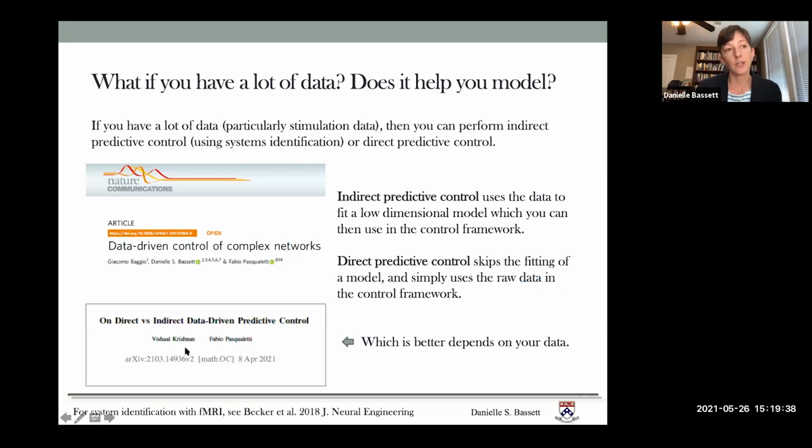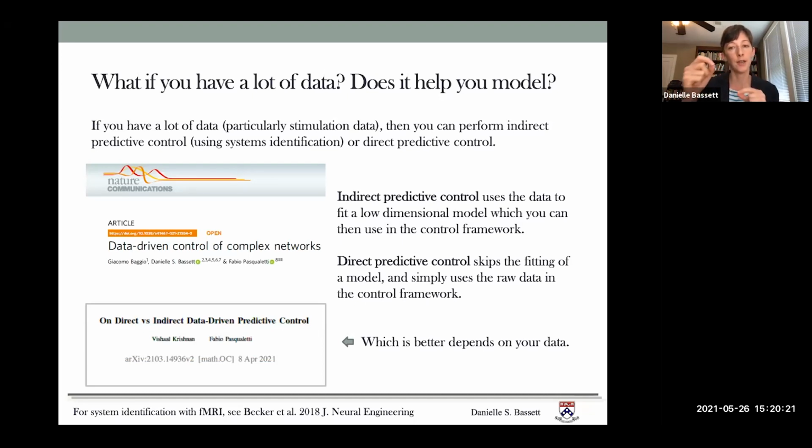Okay, so then the next question is, as you're facing these three different models, which I've just written down as if you could just write them down and do something with them. Another idea is that you could take data that you have and use that to inform which model you choose. So if you have a lot of data, and particularly stimulation data, where if I perturb this region, this is what happens. If I perturb this region, this is what happens. Then you have some other techniques available to you. For example, you can use what's called systems identification, which is a technique that allows you to take stimulation data and infer the model of dynamics that would explain those responses to perturbations.